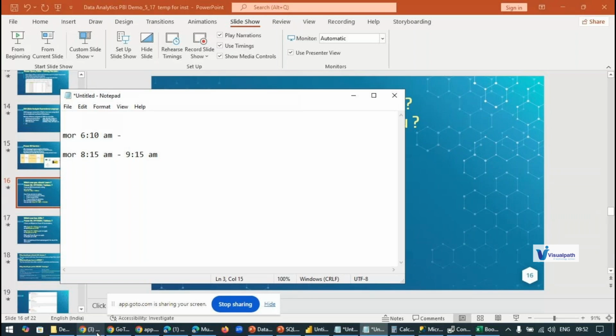What we will do in that case, we don't import any data. We will just make a connection to the database server. For that, you should use a database server like SQL Server or anything. We don't copy or load data into Power BI. We just make a connection to the server, and whenever you make changes in the server data, every day or every hour, it will automatically reflect.